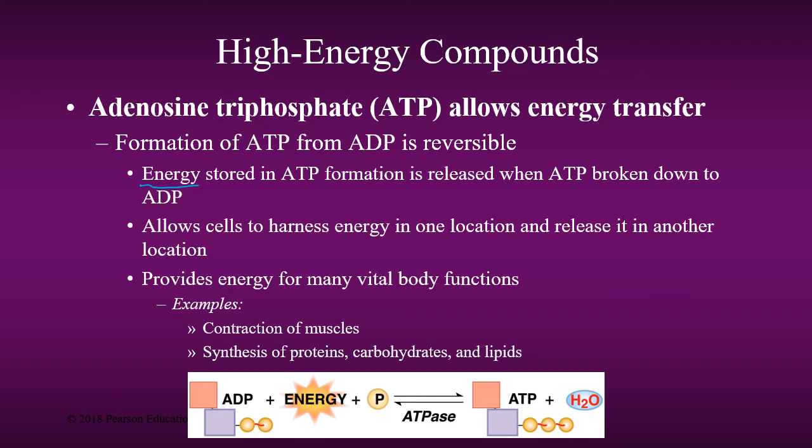And there's energy stored in each one of those phosphate bonds. And so if we were to take one of those bonds off, break the ATP, we're going to liberate energy, and the ATP is going to be broken down into ADP and inorganic phosphate. And so we're going to have the 2 of them come off as byproducts of the process. And so we get our ADP here, our inorganic phosphate, and energy when we go in this direction. And so when we break that ATP down, we get inorganic phosphate, ADP, and energy